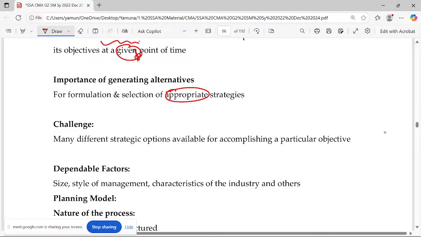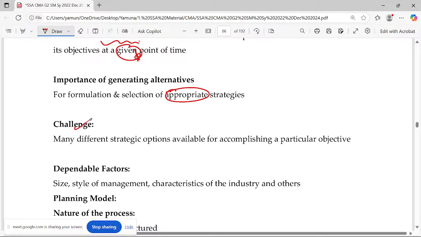So instead, from the beginning stage, we'll go for the alternatives also. When we go for comparison, we'll know which one is better and which one will be appropriate to my organization. So that's why we always go for the alternatives. And another reason, as I discussed, is whether choosing plan B will be good or plan C will be good. Maybe not at this time, maybe at a later time.